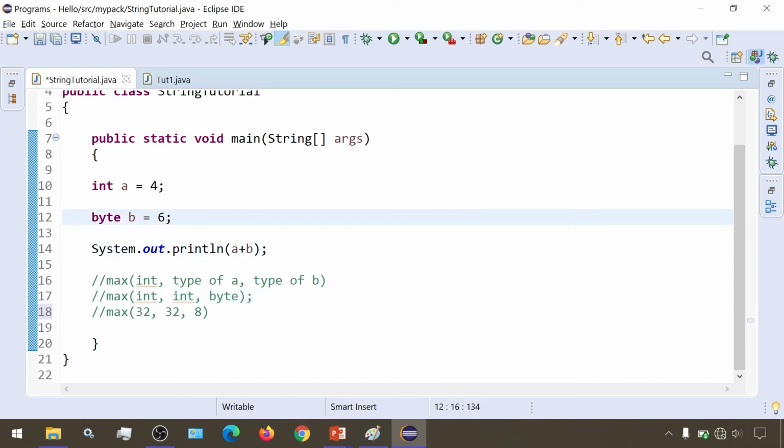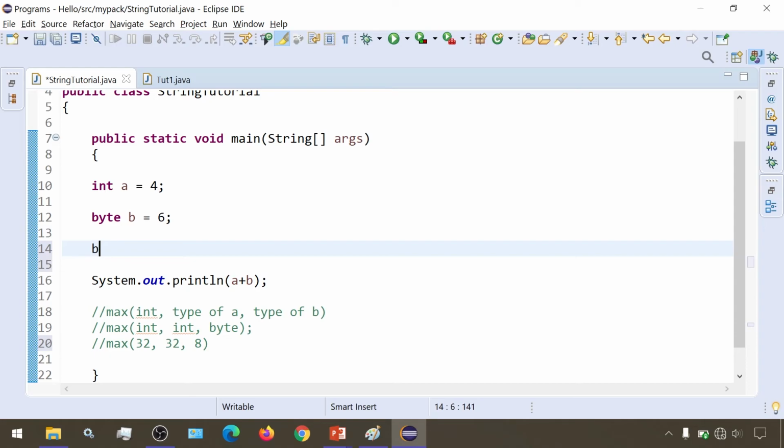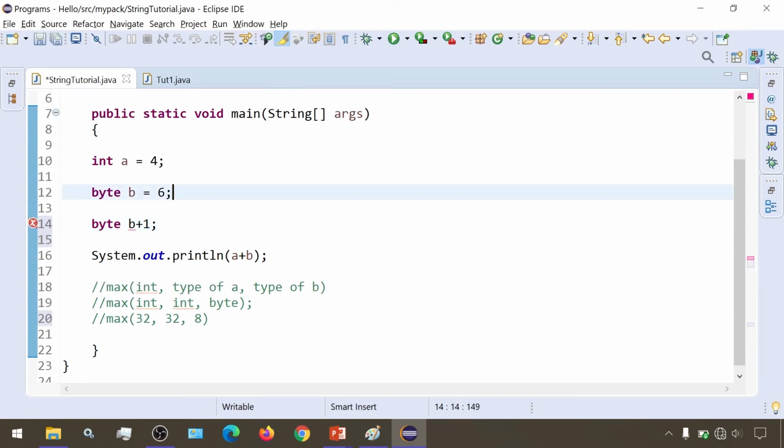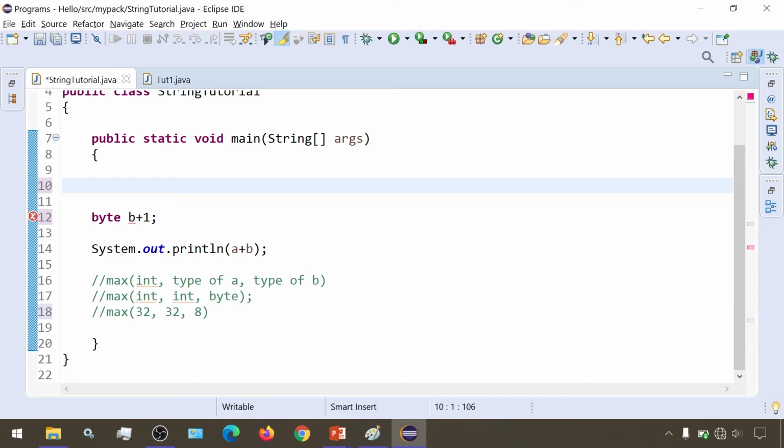Now we are making another byte variable b, and then we are performing the b plus 1 operation. Let's just ignore these two. Let me just print this byte variable b. Here I assign this byte variable some value.